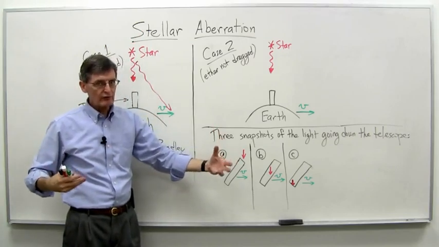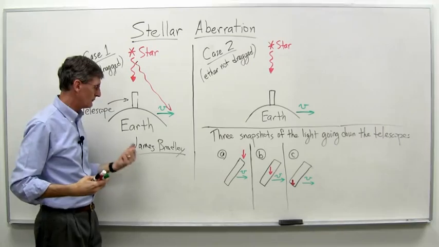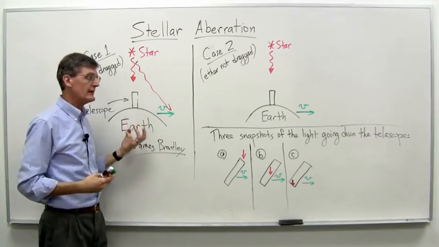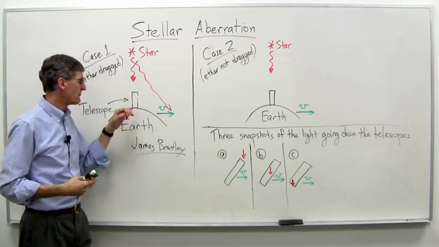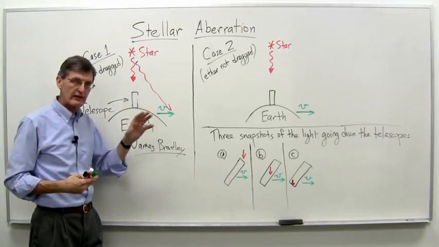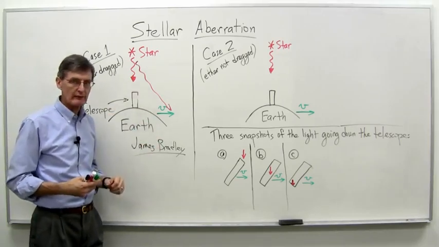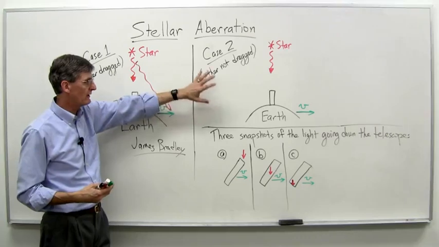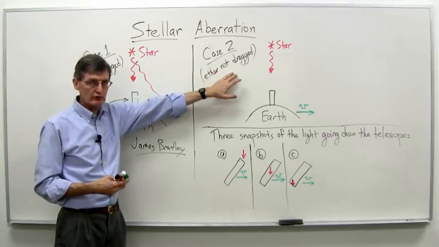Turns out, actually, the stars are too far away to be detected that way with the equipment that Bradley had. But what he did find was that, yes, you do actually have to shift your telescope at a slight angle to catch the starlight coming down properly. And so that's case 2 here that we're going to explain, where we're assuming the ether is not being dragged